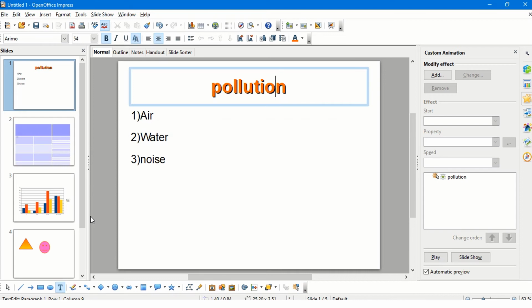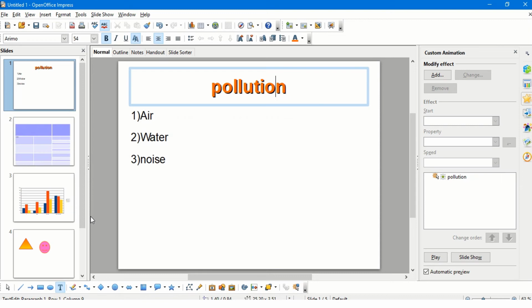Entrance is generally given when the text needs to enter into a particular slide in a particular way. That is, it can be fly in, fly out, or show. You can see in the fly method, we can even increase or decrease the speed of the animation. And emphasis means if I want to emphasize a particular point, then I can use the emphasis option. The exit is if I want the particular text to leave the slide, the animation in which it can leave the slide once its work is over.